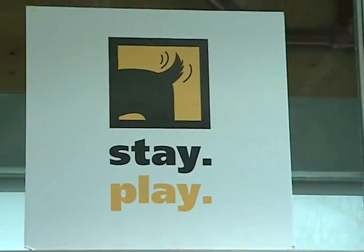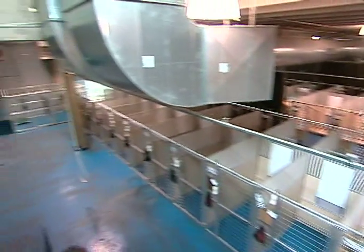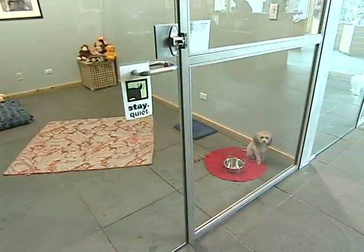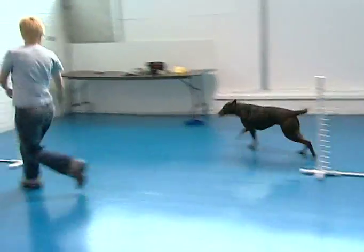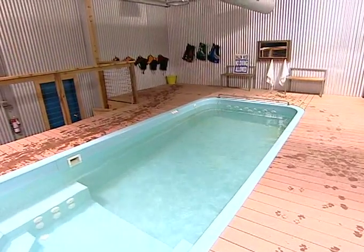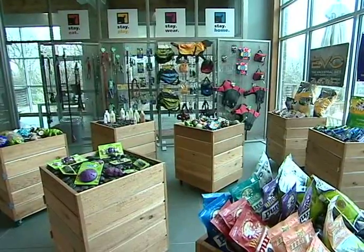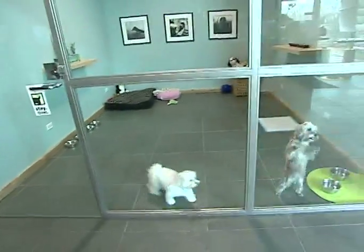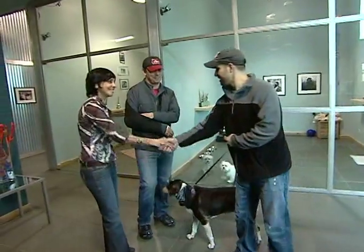As its name implies, Stay Dog Hotel is, first and foremost, a canine boarding facility with over 100 doggy suites available. However, in addition to its boarding services, Stay also offers a variety of perks for its patrons. Whether it's grooming, training, or an indoor swimming pool, there's plenty to keep your pet looking and feeling good. They even have a retail shop for all your pup's needs. Still, what really sets Stay apart is its well-designed layout, which apparently has a story behind it, as we learned